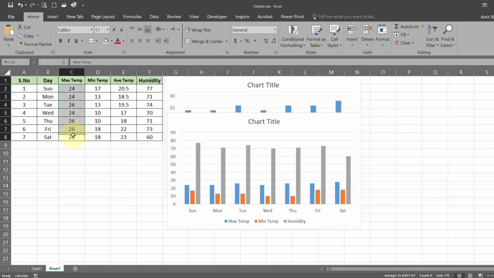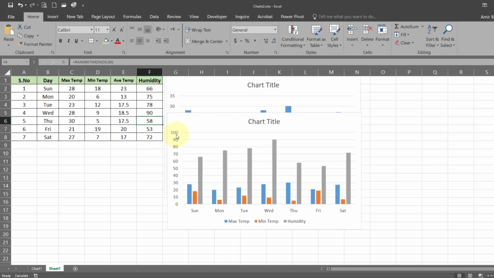Now if you look here carefully, you will see in these three columns the minimum is, we started from 0, right? Because here the minimum is what, 10 we have here, while the maximum value that we see here is 77. So our scale goes up to 90. Now let's say let's increase this one to 90. You can see our scale changed, and now we have the maximum as 100. So it's always 10 or 20 or 15 more than the maximum value that we have here.